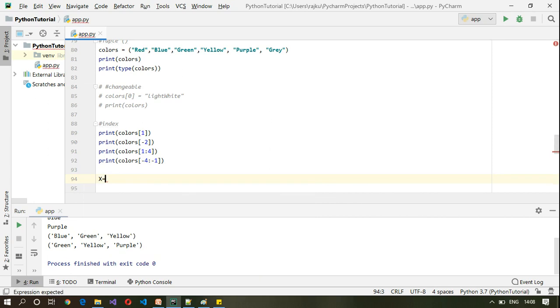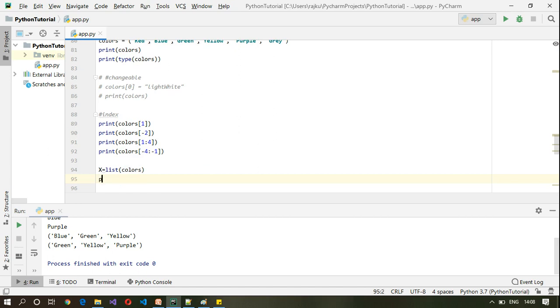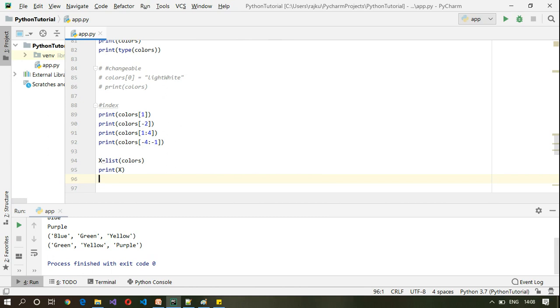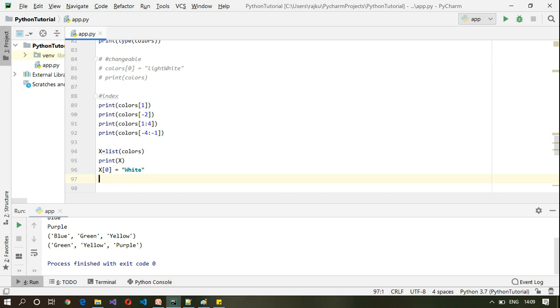Okay, let's say x is equal to list of colors, print x, and then x of 0, I will change it to white